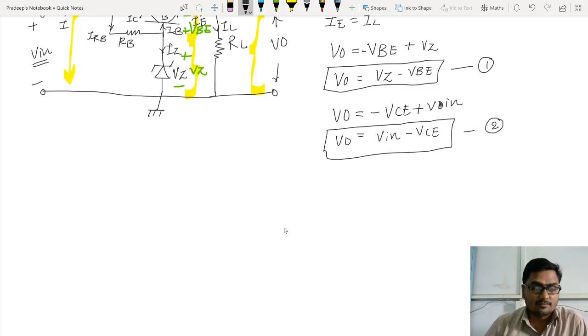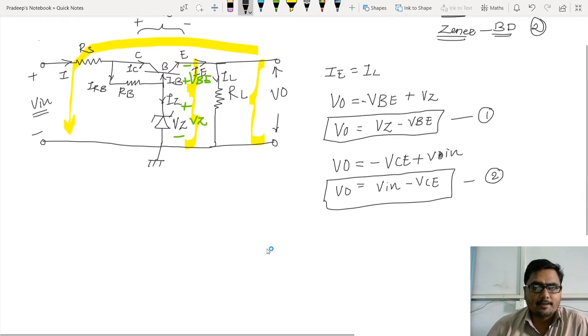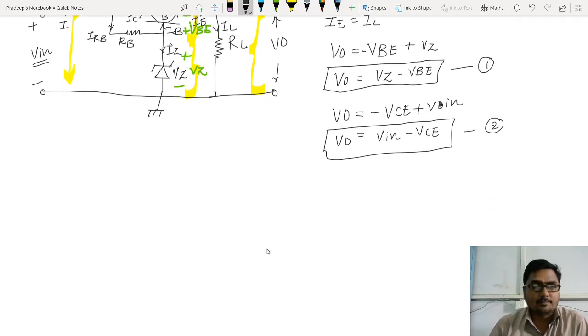Now, let us start with what will happen if I change input voltage, and what will happen if I change output current. That is load regulation and line regulation. But before starting with load and line regulation, I promise you that we have to discuss the process of output voltage stabilization. What will happen if output voltage suddenly changes? Then how will the circuit stabilize the output voltage? Take an incident that output voltage VO is increasing. Output voltage starts increasing. By accident, it has now started increasing.